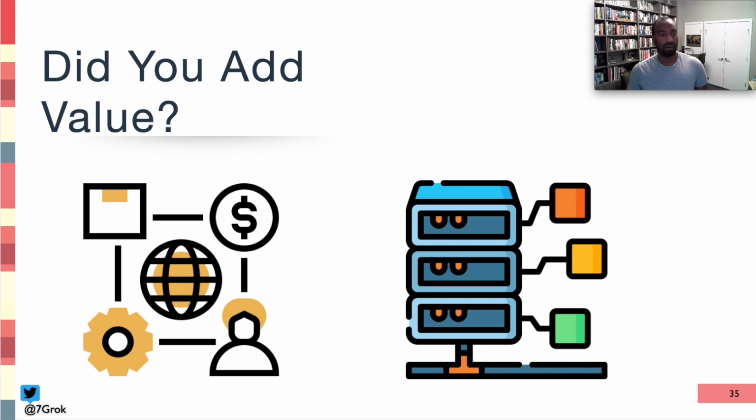Right? So the question you have to ask yourself is: did you add value? And value is kind of a large or loaded word, right? But think about it from this sense. Are you doing the right thing? Are you enabling the business, enabling your customers, enabling engineers to deliver business value, be more productive, but with minimal added overhead and minimal added mental load, right?